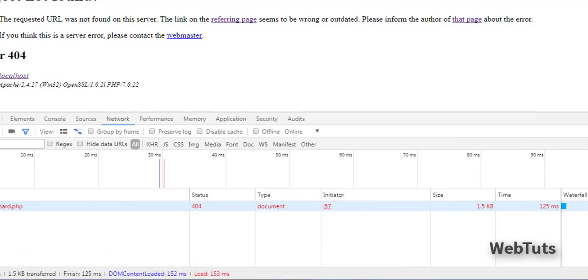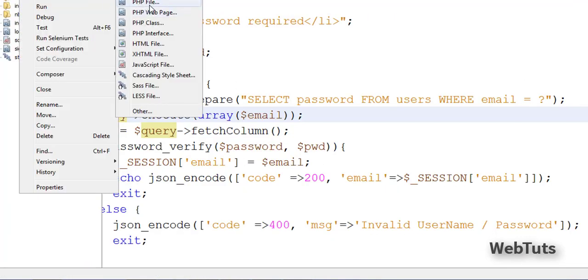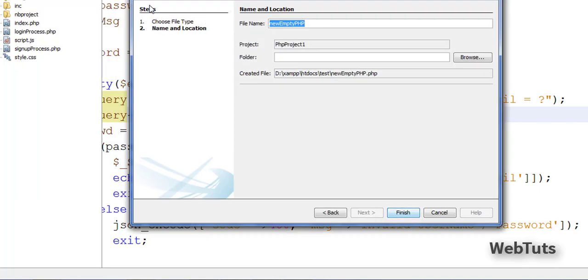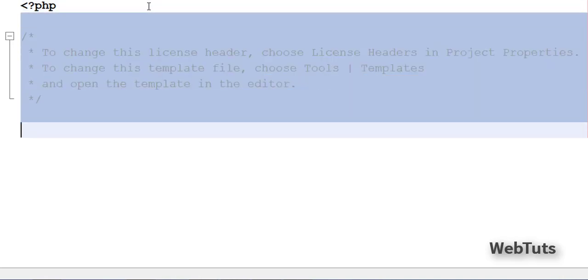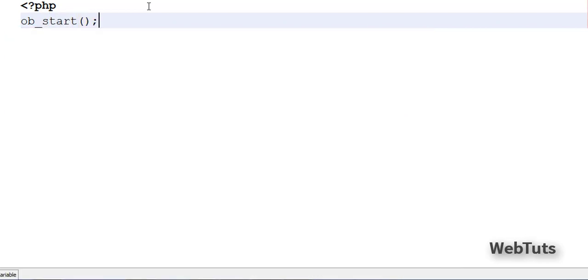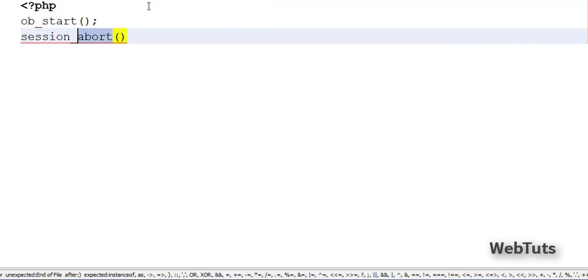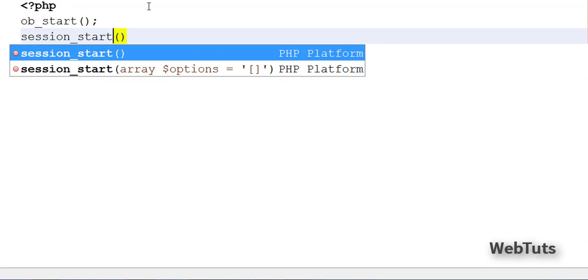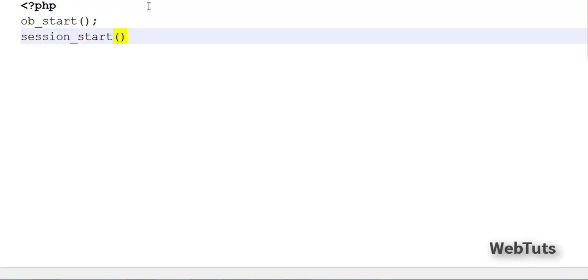So under the project, right click and create dashboard.php. Now the file is created. Now again ob underscore start semicolon. First of all, session start. Now require once